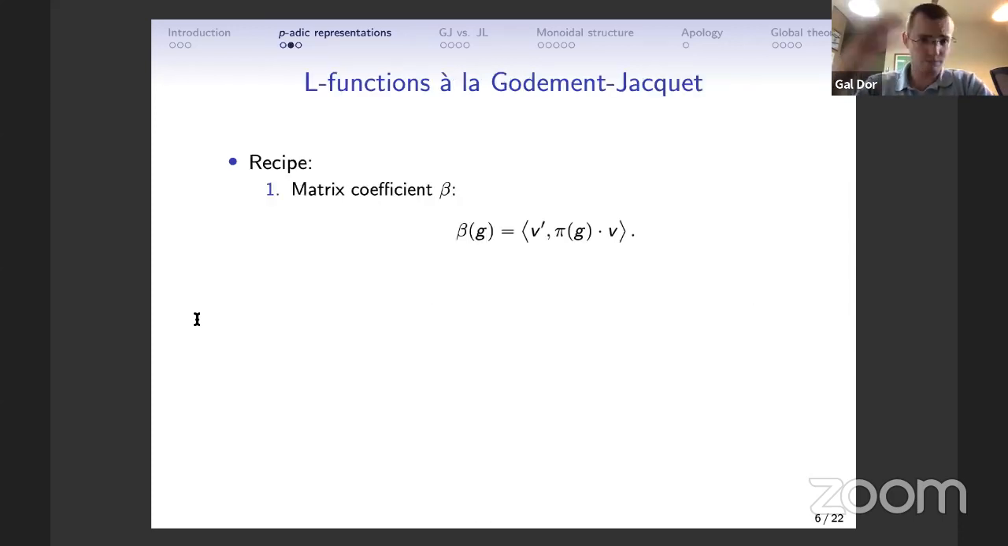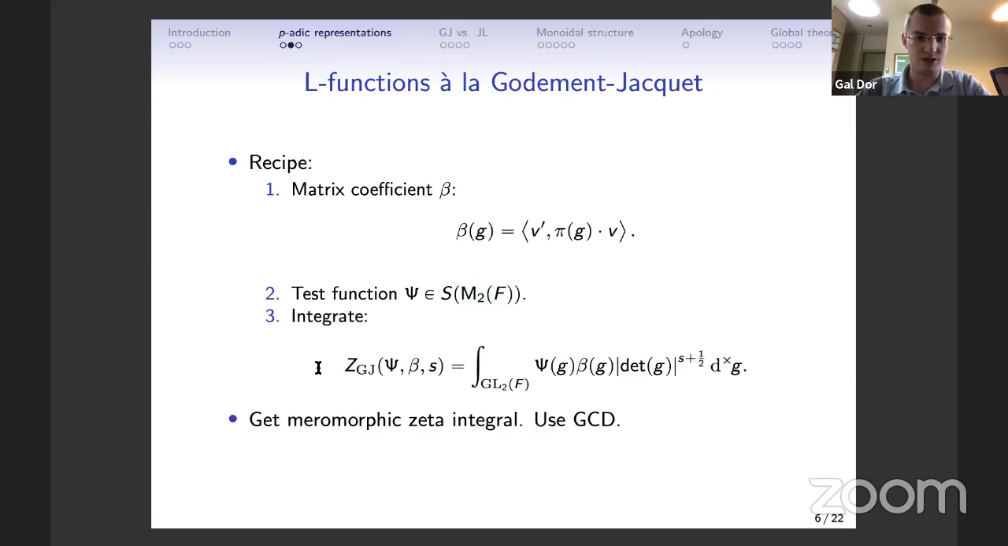Okay, so let's begin discussing the L functions themselves. I said that I was going to compare two constructions. The first is the construction by Godement-Jacquet. Basically, you are given a matrix coefficient, just a function on the group that's defined by taking a vector, acting on it by the group element, and pairing with a covector. And you take a test function. For us, a test function psi is going to be a smooth, compactly supported function on M2(F). Now, given this data, you can compute what's called the Godement-Jacquet zeta integral. Basically, you integrate the matrix coefficient against the test function with some weight